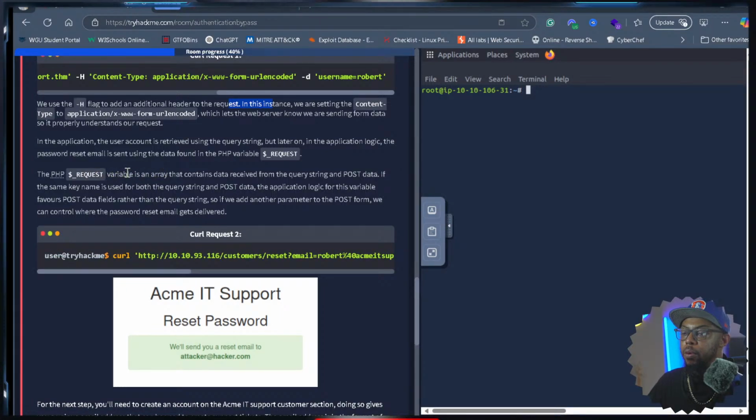Don't see it. The PHP request variable is an array that contains data received from the query. Okay. The same key name is used for both the query string and the post data. The application logic for this variable favors post data fields rather than the query string. So if we add another parameter to the post form, we can control where the password reset email gets delivered. So I guess if we change this,